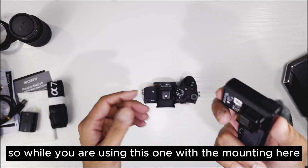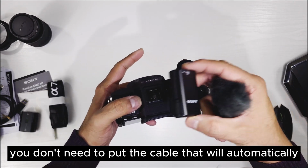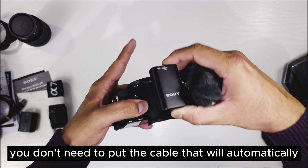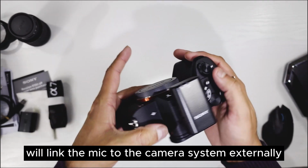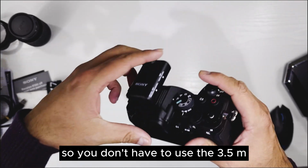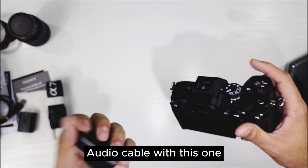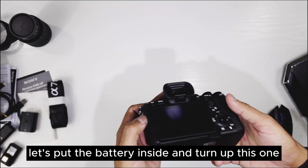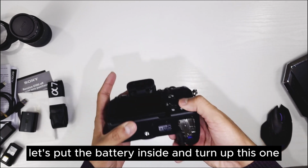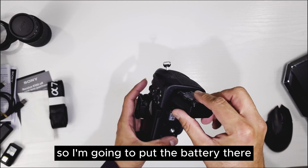So while you are using this one with the mounting here, you don't need to put the cable. That will automatically link the mic to the camera system externally, so you don't have to use the 3.5 mm cable with this one. Let's put that on a side first. Let's put the battery inside and turn up this one. So I'm going to put the battery there,